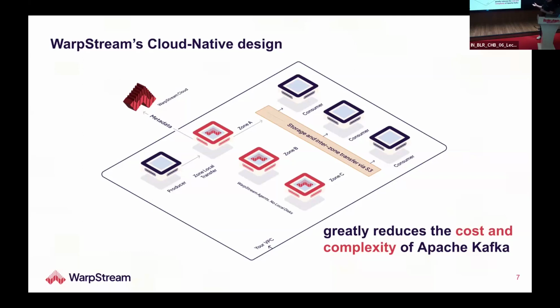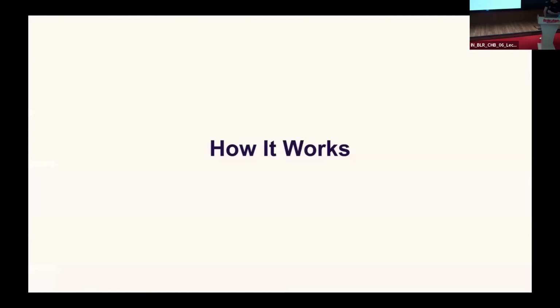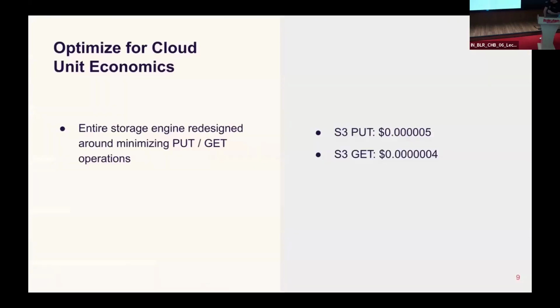The other thing to keep in mind is that you get the same durability guarantees as you do with Kafka running in acks equals all. And the reason for that is the agents will never acknowledge a produce request until all the data has been durably persisted in S3. So it's the same durability guarantees as Kafka, just higher latency. And the reason we're able to do this, actually, sorry, before I get into how we're able to do it,